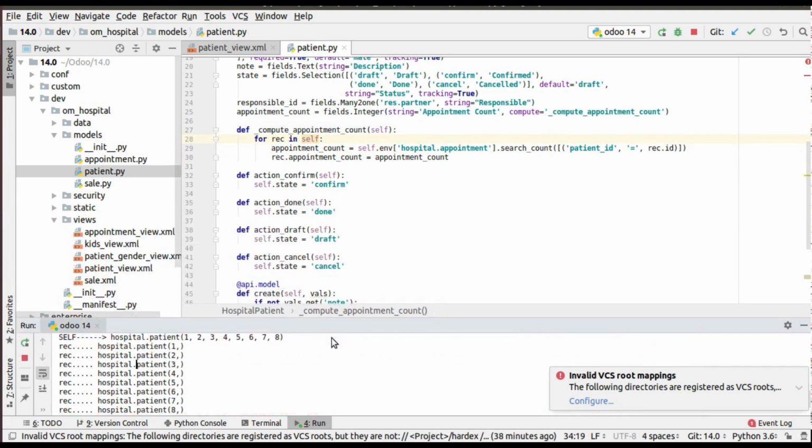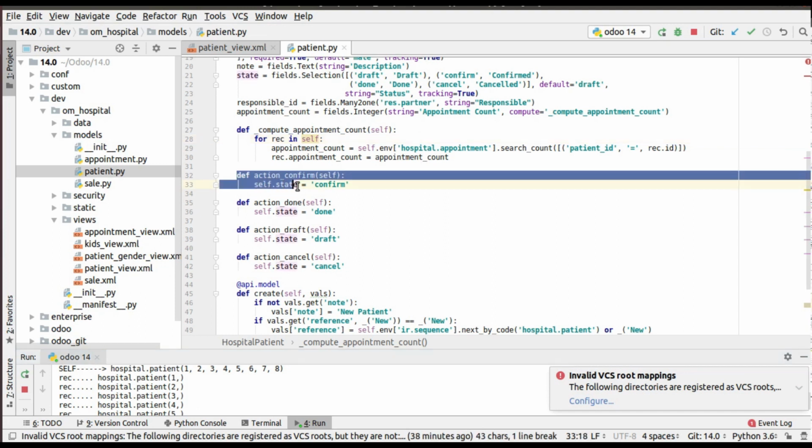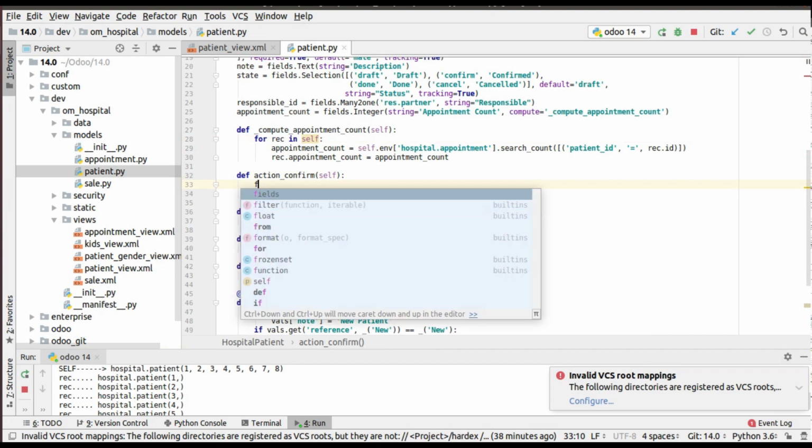Whenever you write a function, always try iterating self over a for loop. Even here we don't get an error and we haven't iterated, but it's always recommended to iterate self over the for loop.